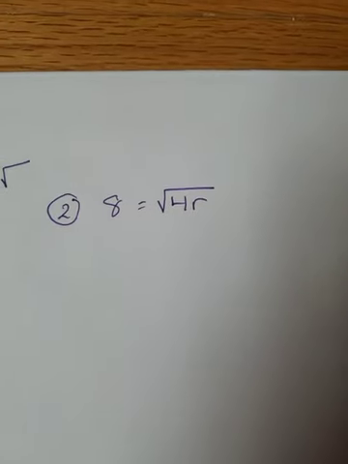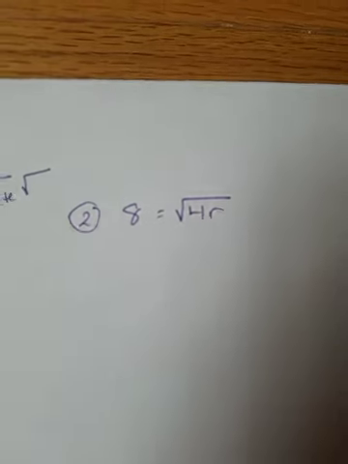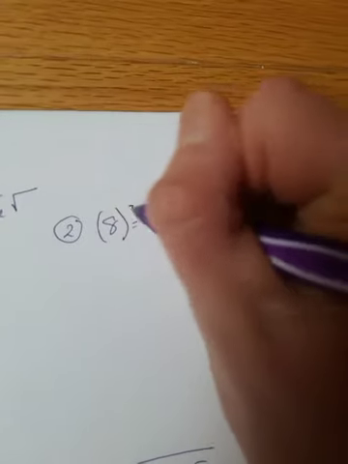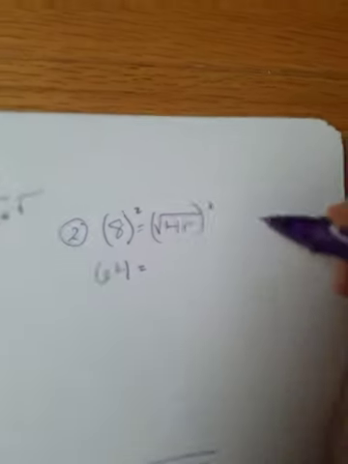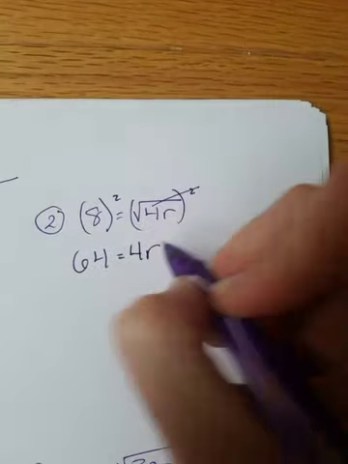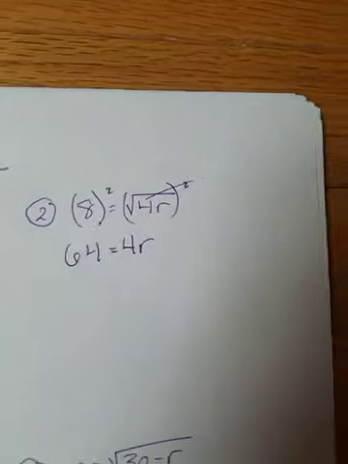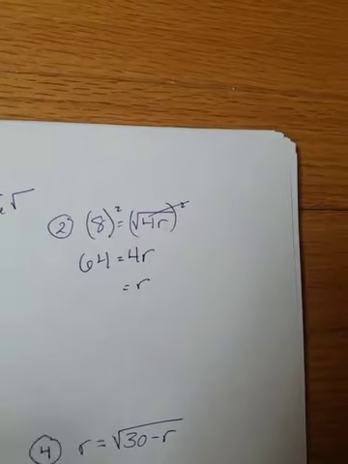Number 2, just like your homework tonight. So again, you always need to get the square root by itself. And it is by itself, so we're ready to go. In this case, you're just going to square both sides. 8 squared is 64. And remember, when I square a square root, I'm left with what's under the square root sign, so 4r. To solve for r, I'm going to divide both sides by 4, and 64 divided by 4